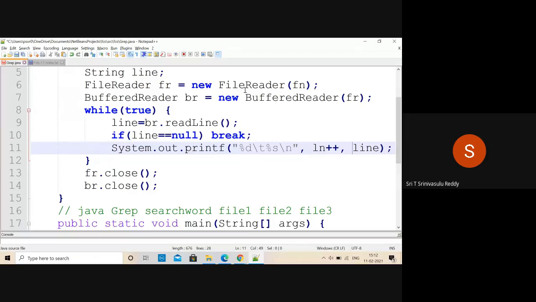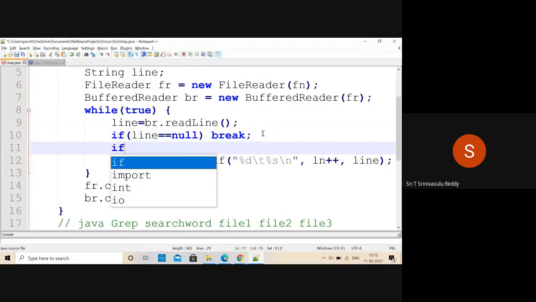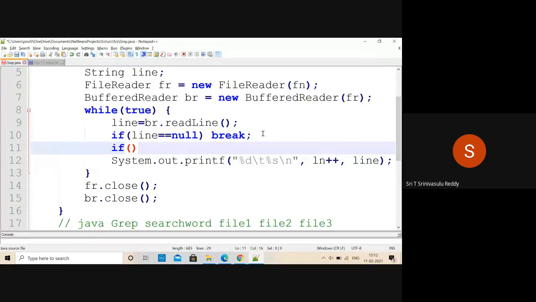So that logic you have to build now. Instead of printing this straight away, you should have something like this, if. Now, how to verify whether a particular string contains a word or not? That's what you'll have to look at now.